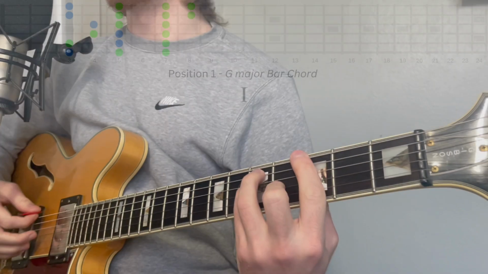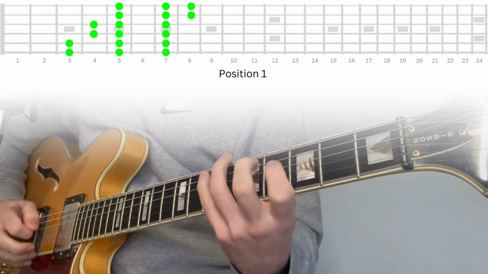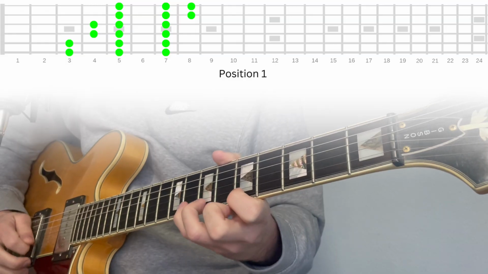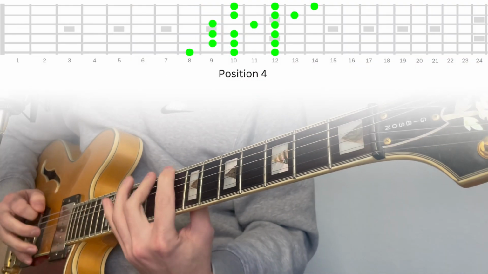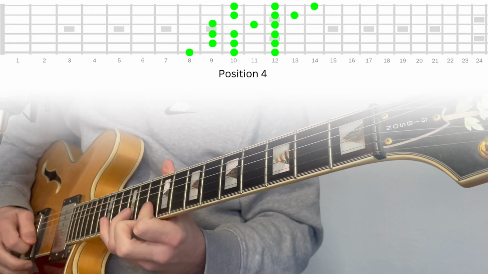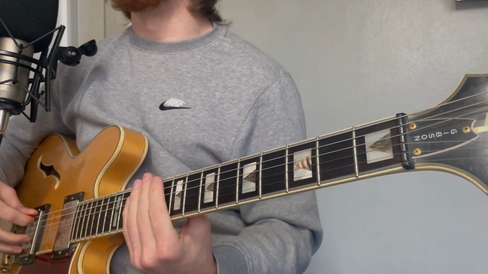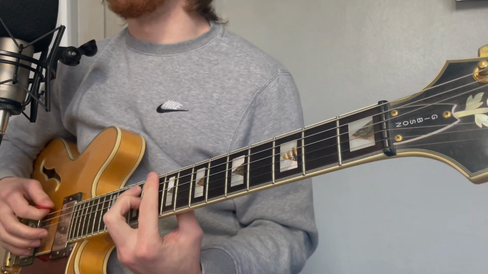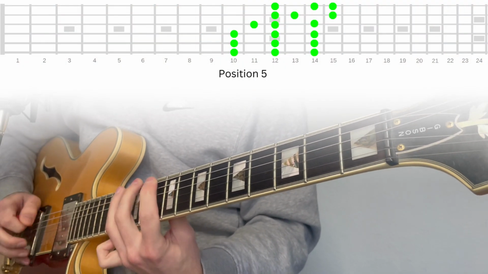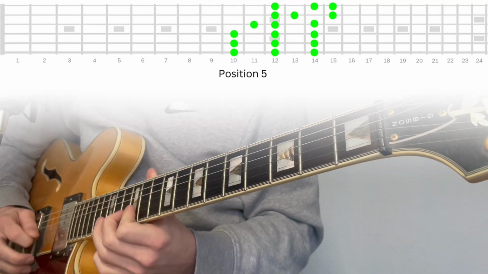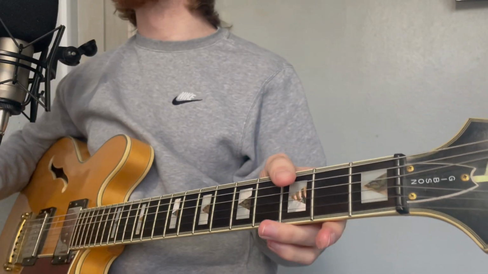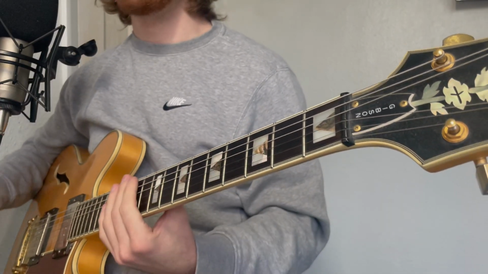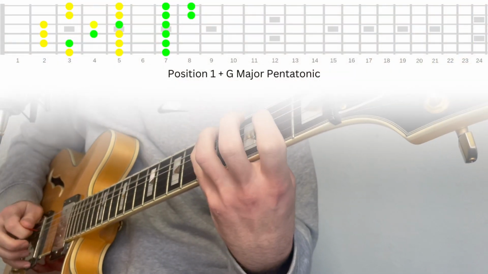So for all of the major chords in your key, again, we have the 1 chord over here, which lines up with position 1. And we have the 4 chord of our key over here, which lines up with position 4. And again, we got the 5 chord, which obviously lines up with position 5. So for each of those positions, we can actually overlap a pentatonic scale shape on the top of them as well. So we have this G major pentatonic scale shape,